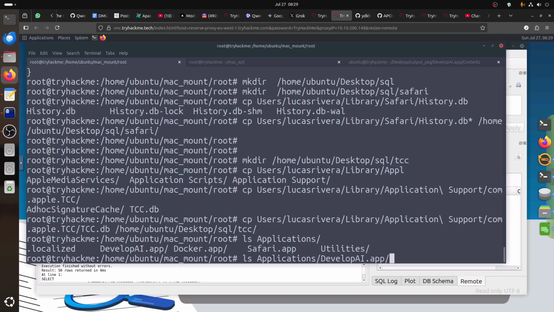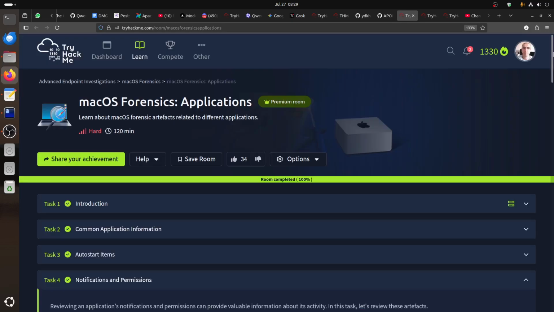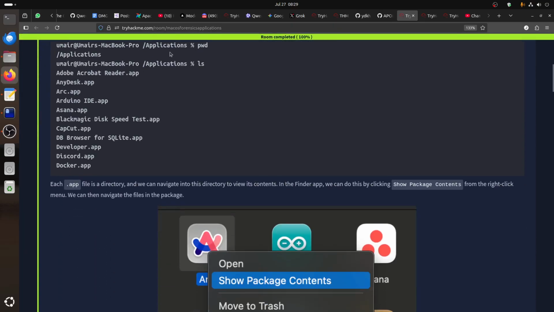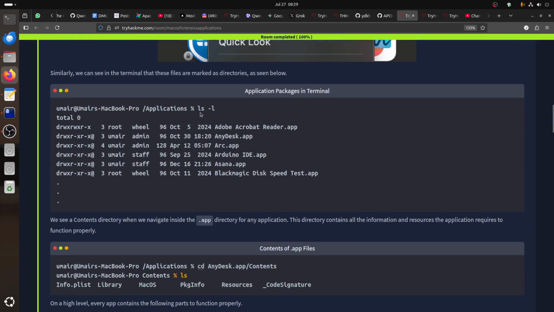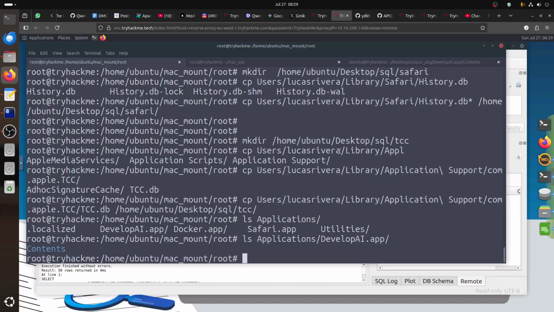So we have developer AI. Usually that's how the application works, because remember this room will tell you exactly what to do. Common application information shows the application, the folder, the content, all of that. So if we do ls on the application and go to the Contents folder,